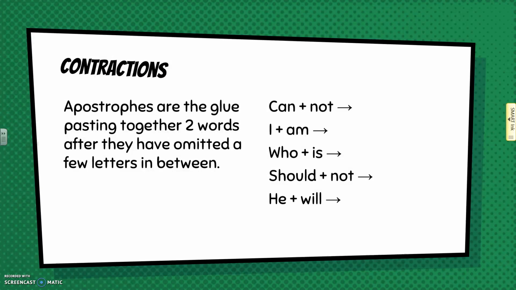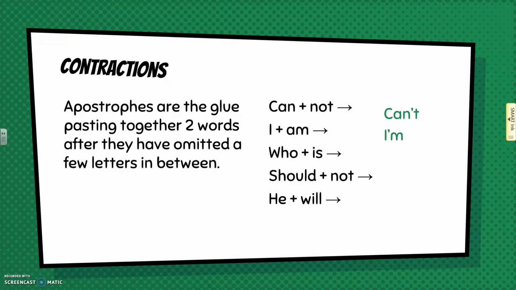So let's talk about contractions. Basically, apostrophes kind of act like glue, and you're putting two words back together after we've taken out some of the extra stuff in the middle, all right? So this kind of dates us back to elementary school, but let's go ahead and refresh our brains. The words can and not, that is going to get rid of some stuff in the middle. So that turns into can't. I and am,